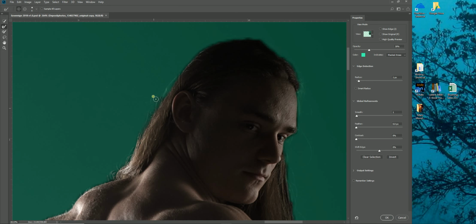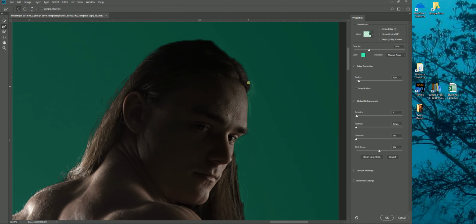So again, I'm just still going along the other kind of furry edges of the hair here. Alright, so it's selected some more, but I don't know if I like how much extra flyaway hair there is, so I might go back and change it. At the top of his hair, again, it's pretty low contrast, so you'll see that it's going to give me kind of a mushy edge, especially on top of his head. Now, in the case of this particular cover, that isn't necessarily a bad thing, but you may not want that depending on your cover design, so there may be some adjustments you have to go back and manually make,